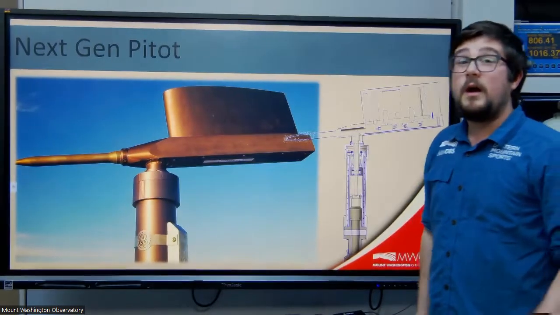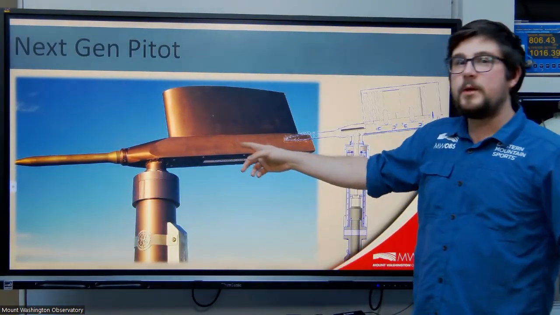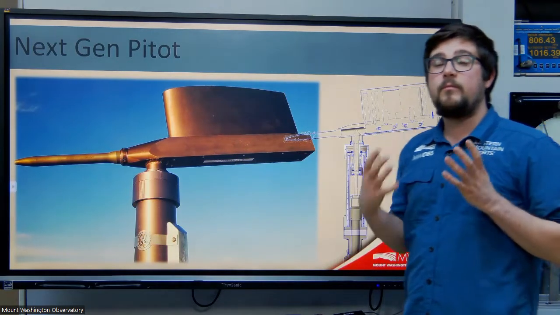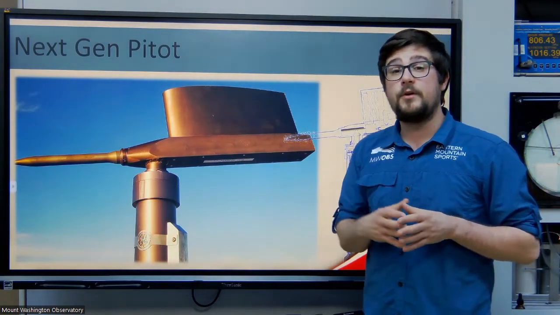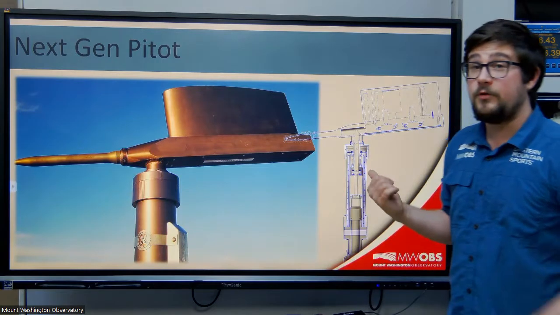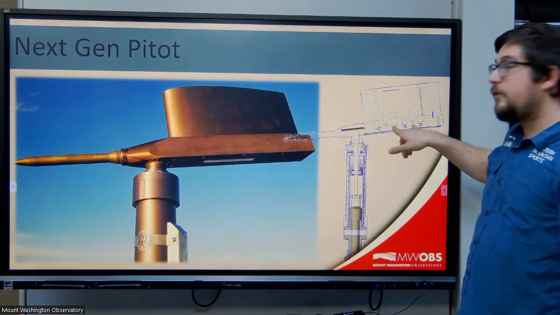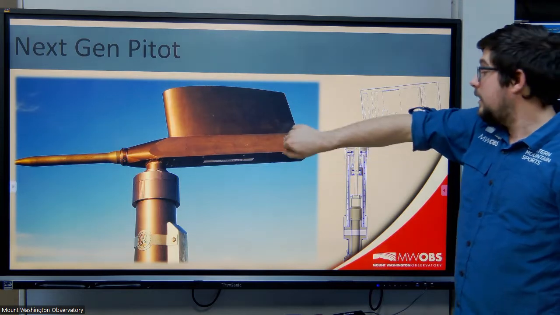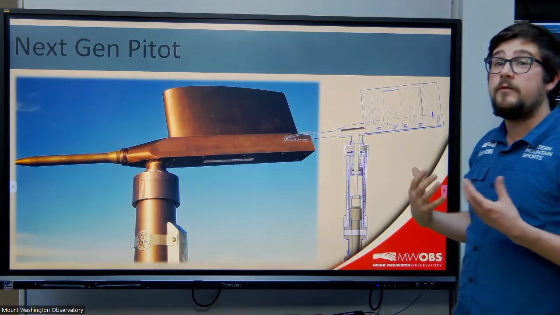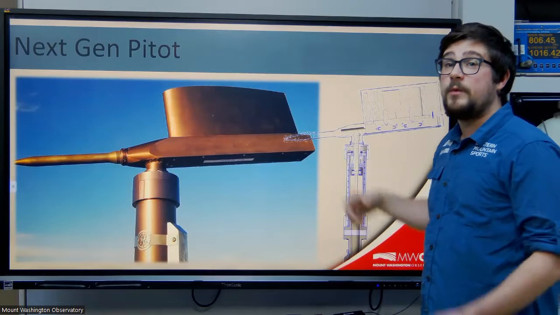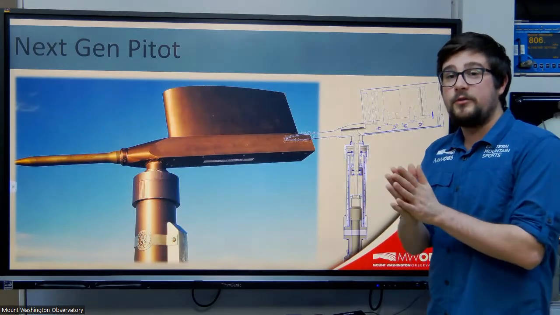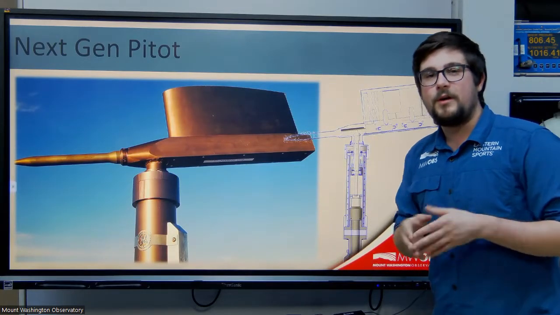We've also upgraded our pitot tubes. This is our newest pitot tube. This is the next generation. This is able to measure winds up to about 300 plus miles per hour. An incredible piece of equipment here. What you're looking at here is just a cross section. We've got those two sensors detecting the difference in pressure, the pressure going in versus the pressure around the tube itself. So again, the greater that difference in pressure, the stronger the winds are according to the sensors.